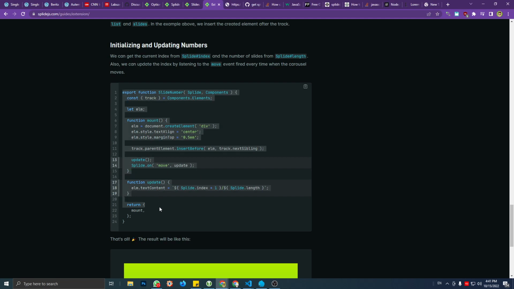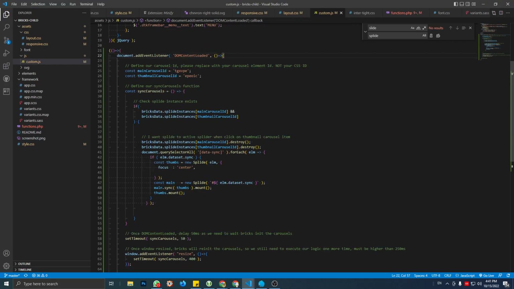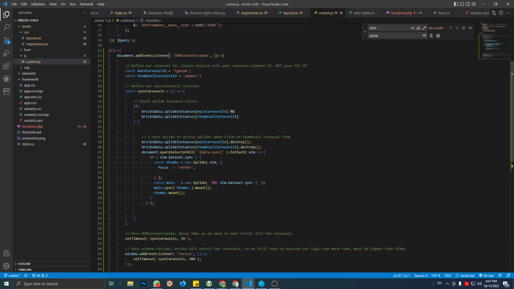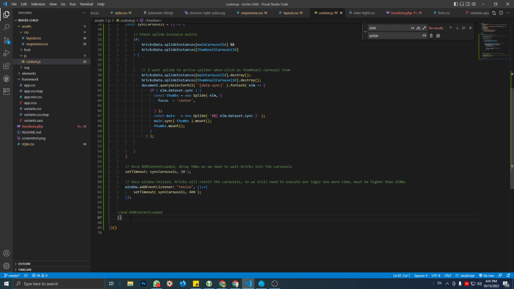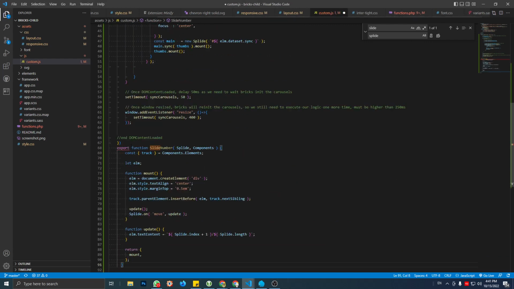So I'm just gonna copy this and then paste. Yeah, copy this and then we can paste it here, but we need to remove the export. So it's function slide number, slide component, function mount,